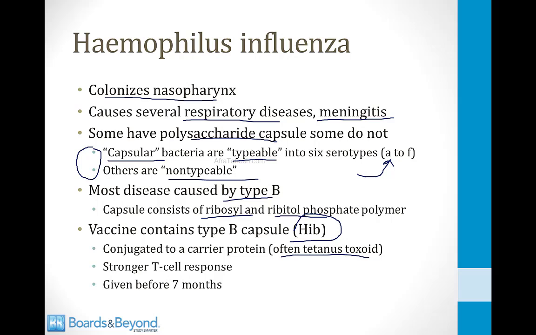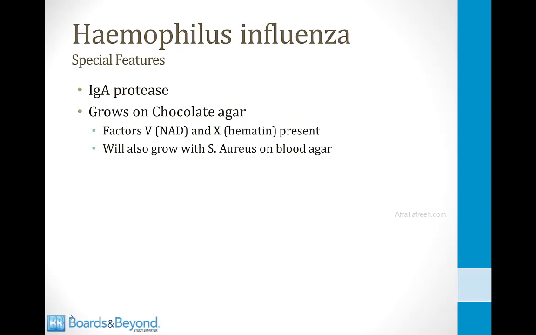By conjugating it, you get a stronger T-cell response, and this is given to small children usually before 7 months of age. Special features of Haemophilus influenzae to know about are that it uses IgA protease as a virulence factor. In addition, it grows on a unique type of agar called chocolate agar. This is modified blood agar that contains factors 5 and 10, and I talk about this in more detail in